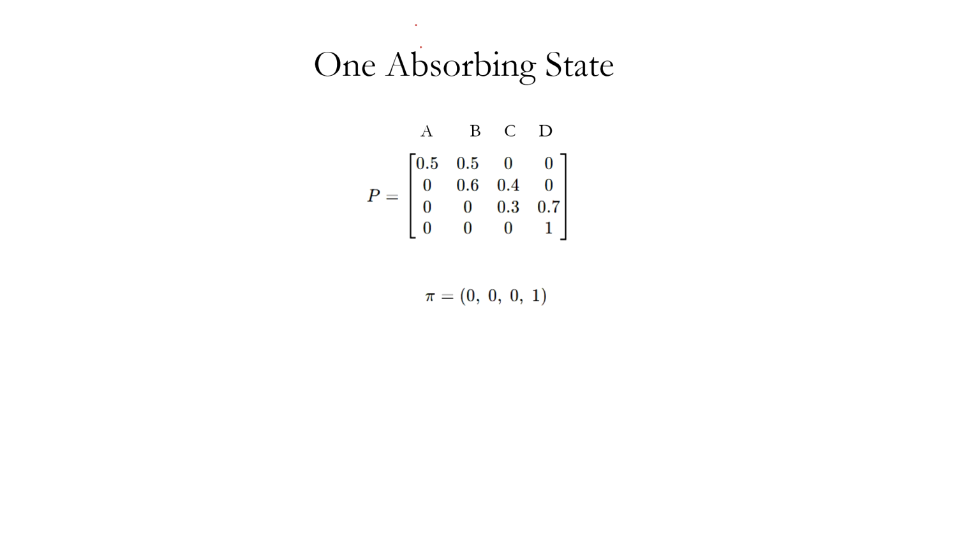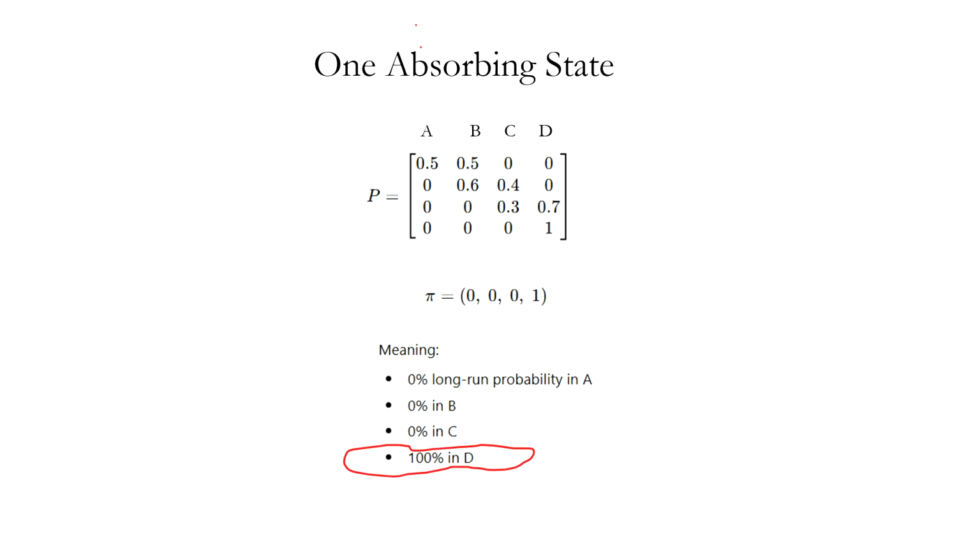So here's an example where there's only one absorbing state, right? We see that D is an absorbing state with one. Previous example, we had two. And this is the way we would write it. Meaning that 0% long run probability in A, 0% in B, 0% in C, and 100% in D, right? We won the game or we lost the game. We're basically out. So 100% in D. Okay,